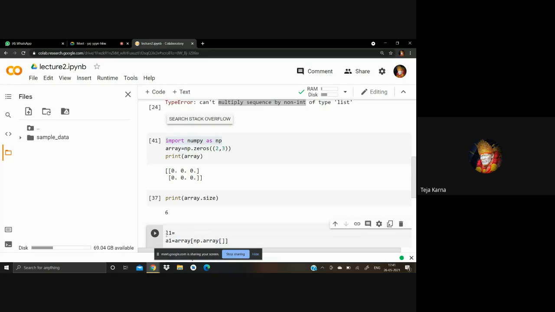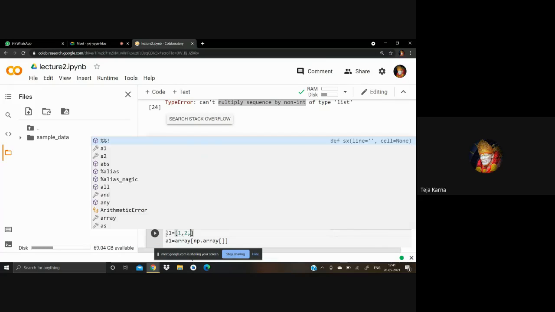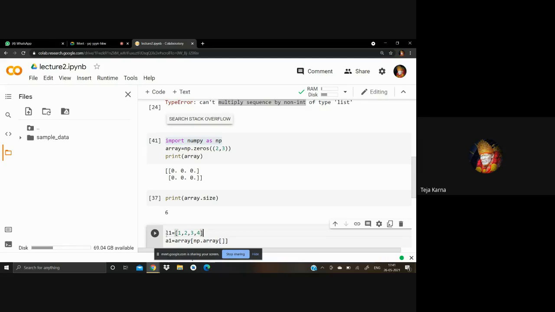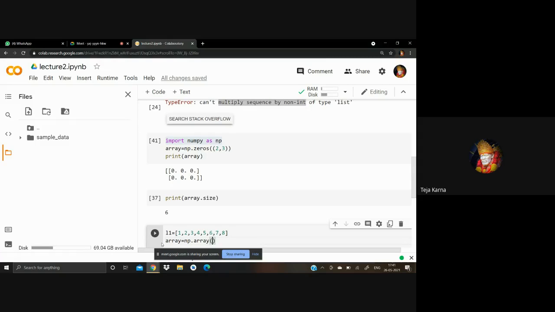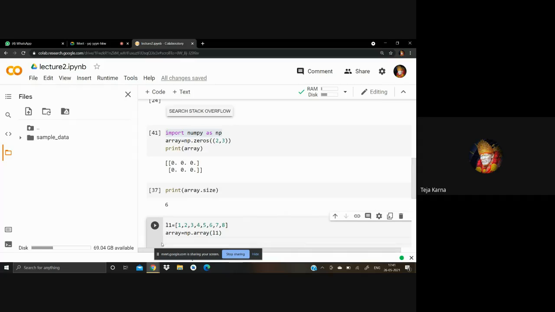L1 equal to 1 comma 2 comma 3 comma 4, 5 comma 6 comma 7 comma 8. This is a small list. Now we are going to convert this, array equal to np dot array, and we have converted the list, and now we print array.